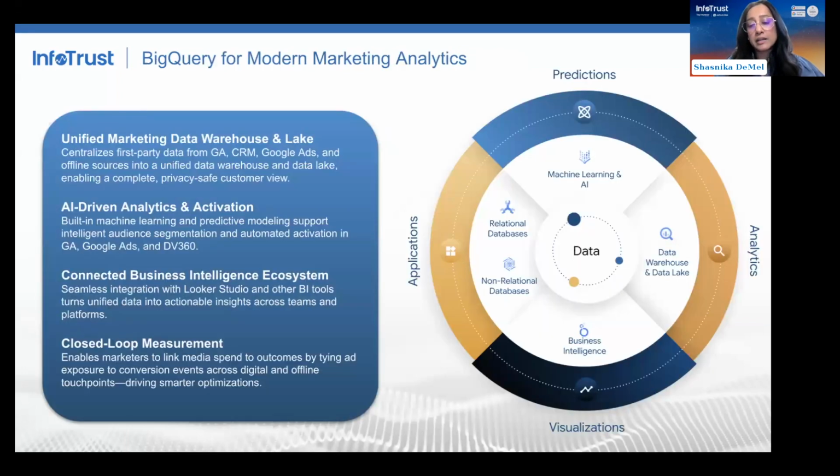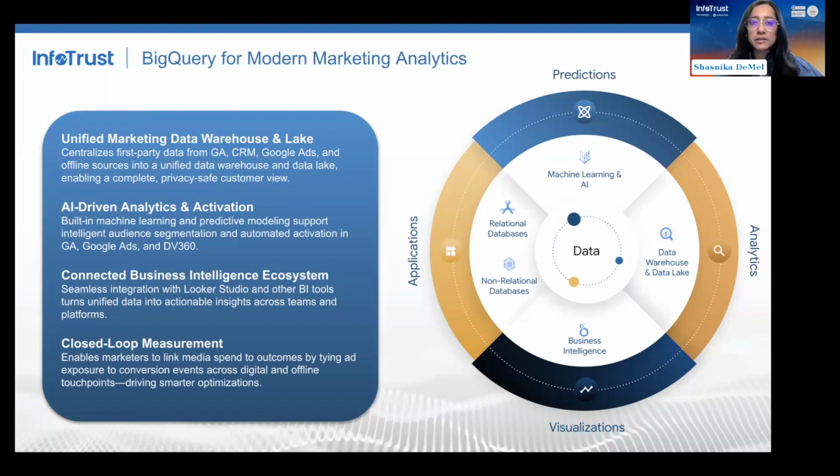And this is where we see BigQuery really comes into play because it's a great option for a centralized hub for all your marketing data needs, as well as to capture all your marketing analytics so that everything's converged in one place. And because it's built for scale, privacy, and performance, there's already elements there that you really don't have to worry about. You just need to think through exactly how you want to structure and store that data.